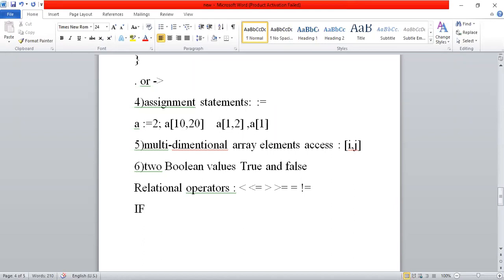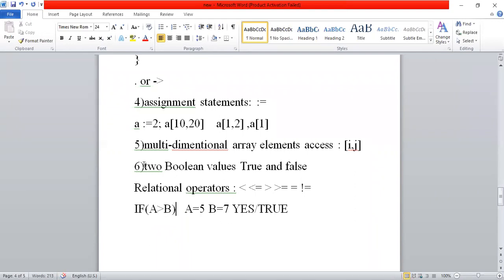Suppose if A less than B, if you include a statement like this, suppose A equal to 5, B equal to 7. What is the result here? 5 is less than 7, which is true. We get yes as a result, or true as a result. Okay? If you change less than to greater than, 5 greater than 7 is false. Then in this particular case, we get false as a result, or no as a result.